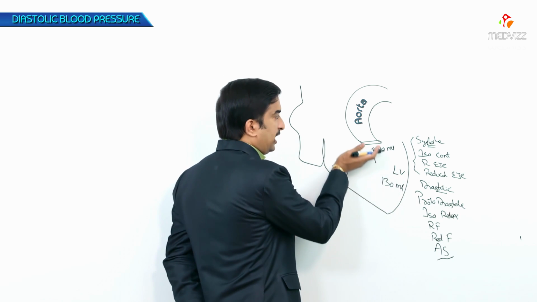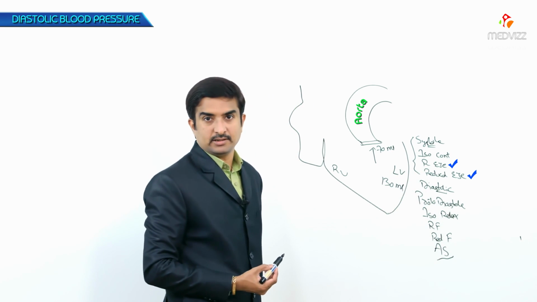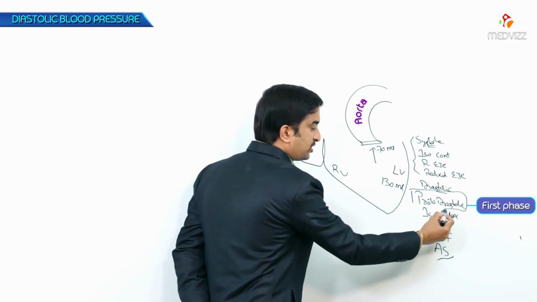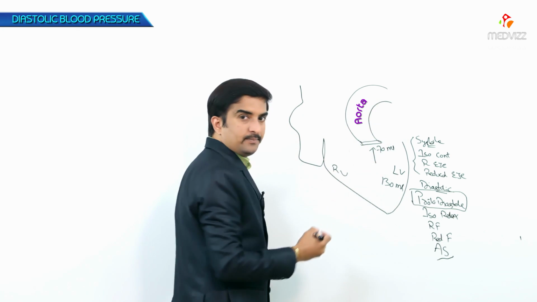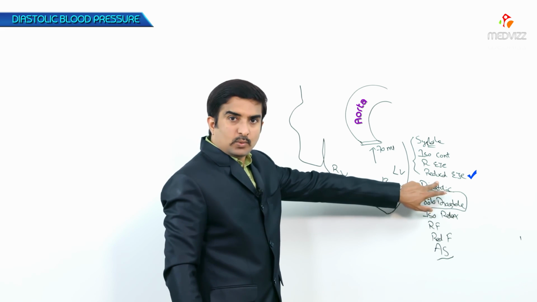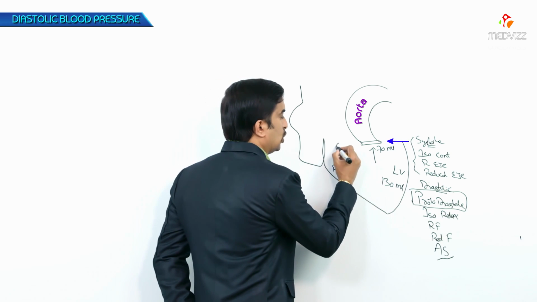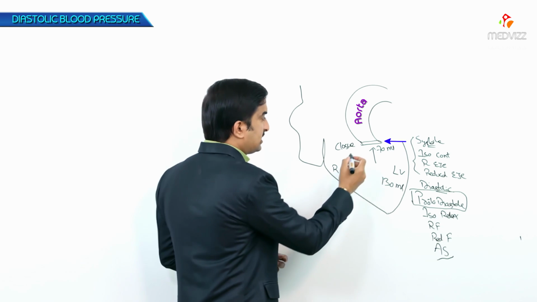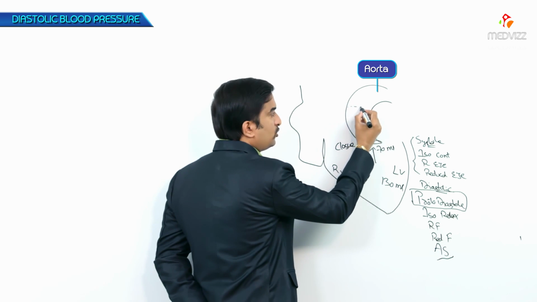So once the blood is pumped into the aorta, that is after the rapid ejection as well as reduced ejection, the diastolic period begins. The first phase of the diastole, that is ventricular diastole, is the protodiastole. Once the reduced ejection phase is completed, the pressure in the ventricle slightly drops, which is responsible for the closure of the aortic valve, that is closure of the semilunar valves. Once the semilunar valves are closed, because of gravity, some amount of the blood